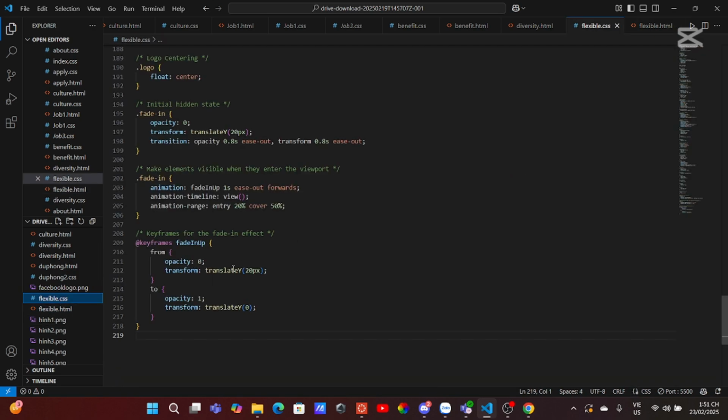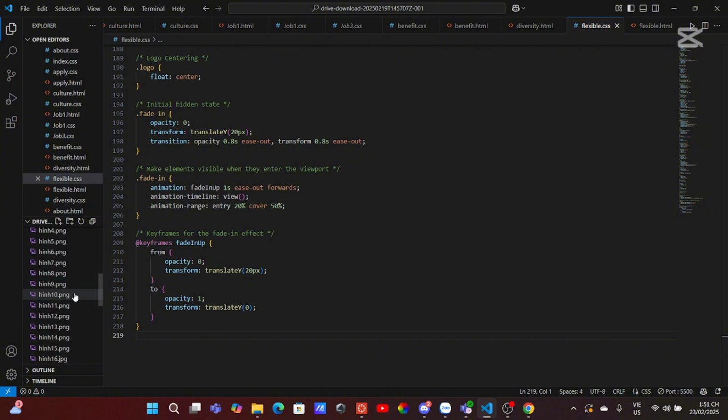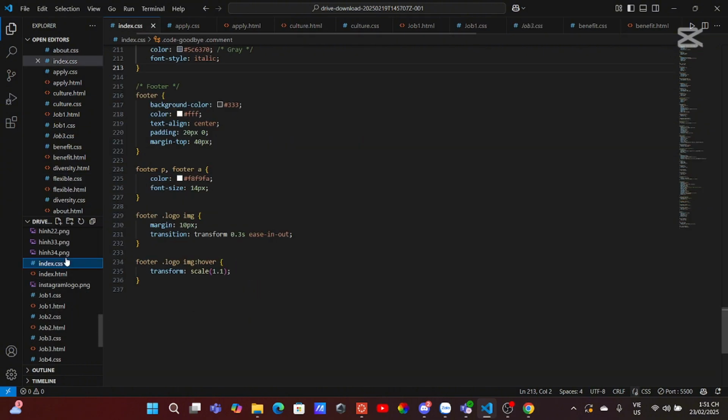So what it does is smoothly change the opacity from 0 to 1 and move the element up into place for a polished appearance. So it moves from opacity 0 to 1, and transforms from translateY 20 pixels to translateY 0. That's mostly what the keyframe of the fade does. Moving down to the CSS,